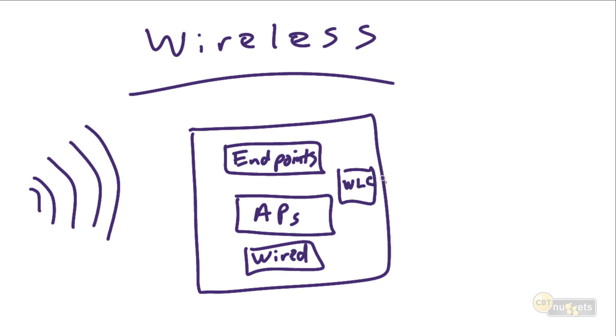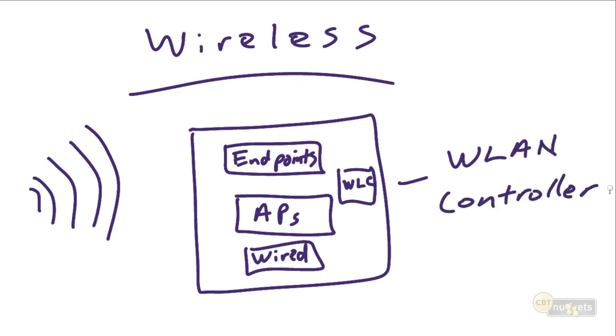WLC. What is WLC? A wireless LAN controller type block. What tools are we going to use to manage the wireless infrastructure? In Cisco terms, this is called a wireless LAN controller. If you're dealing with some other vendor, it might be termed something else, but I think you get the idea. Where is going to be the equipment and how will it be designed that's going to be managing the endpoints, that's going to be managing the access points, that's going to be managing the integration of the wireless to the